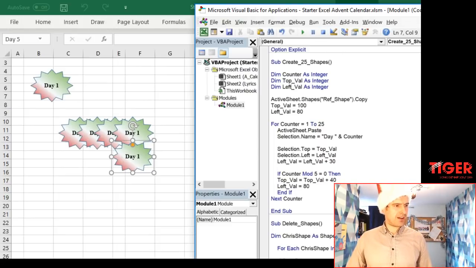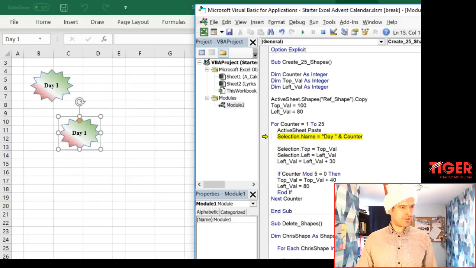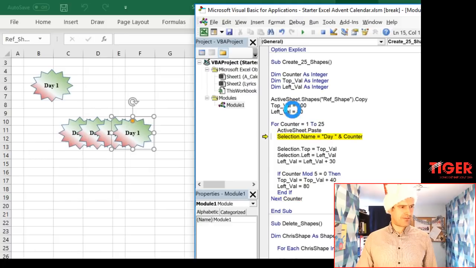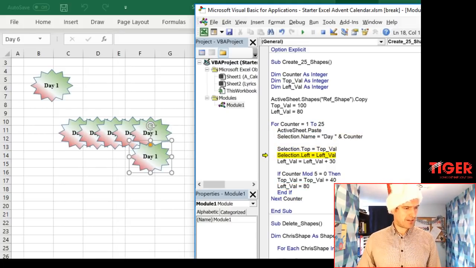Okay, it's going to save the file, delete the shapes, and then step through the code again, using the F8 key. Okay, day 1, day 2, 3, day 4, day 5. In day 5 we've gone into this conditional statement now. So the top value has increased, the left value has been reset, if you like, back to our original value. And then, okay,